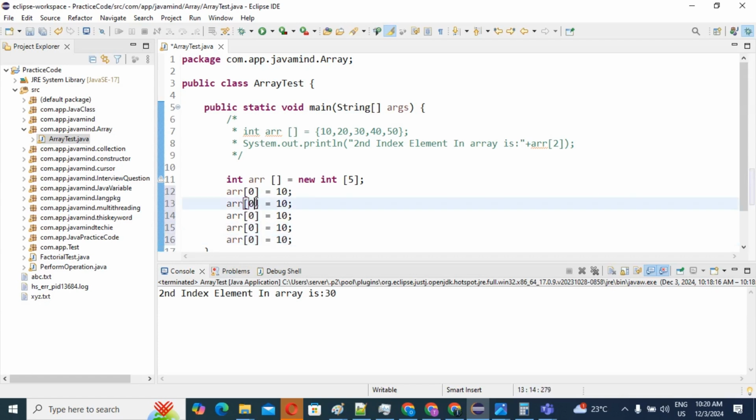Okay, so guys, only change the index number. This is the first index, this element is the second index, this element is the third index, and this is the fourth index. Okay,